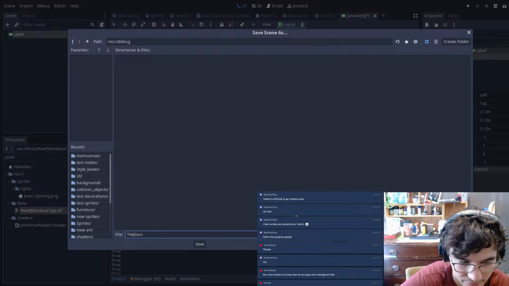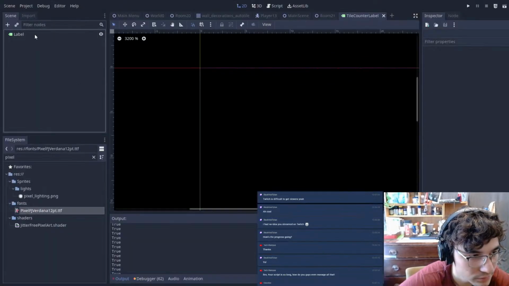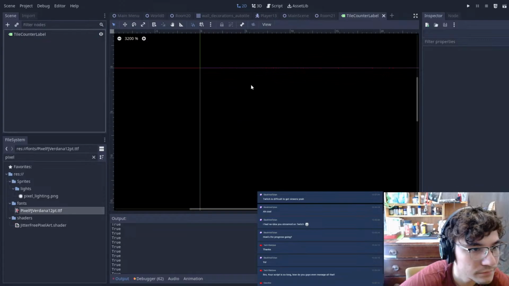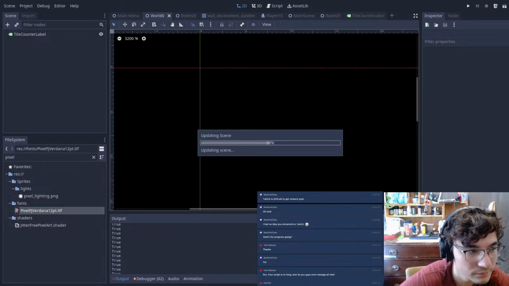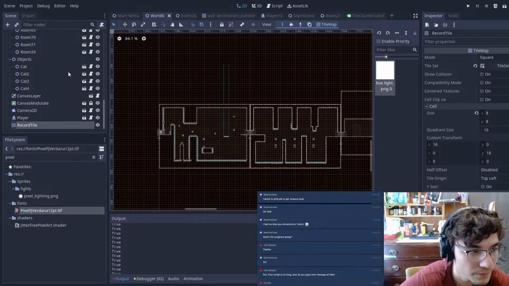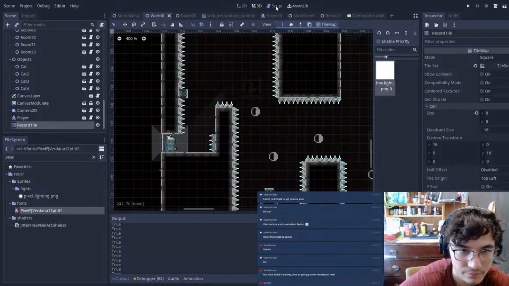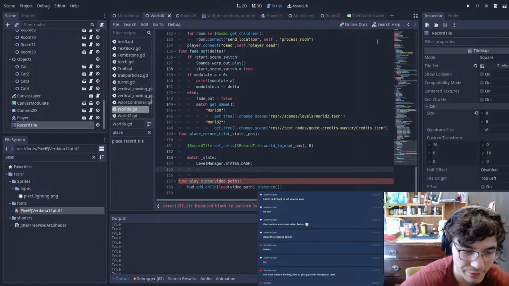Tile counter label. Okay, so in this script,